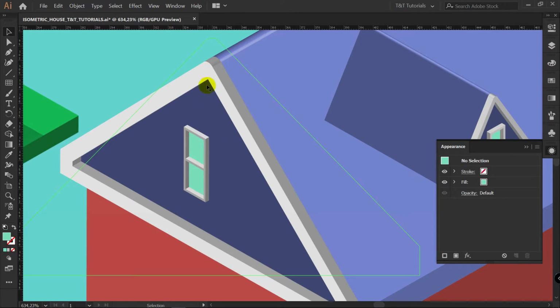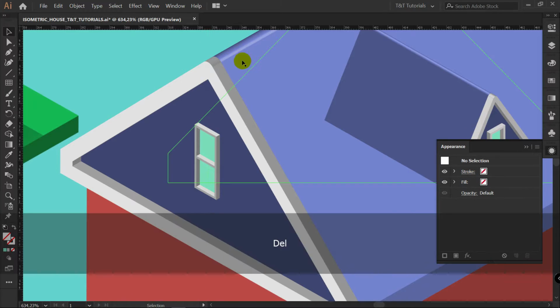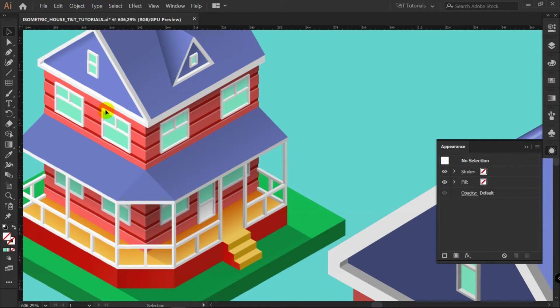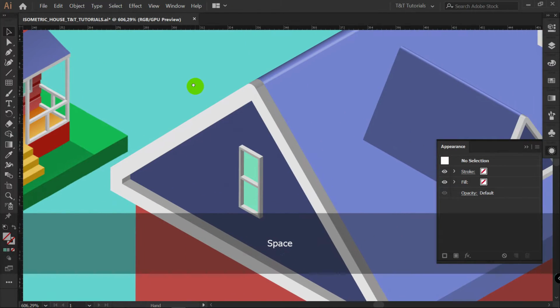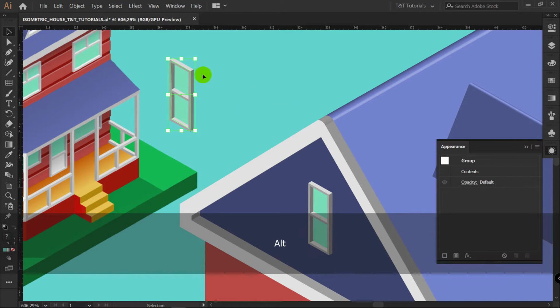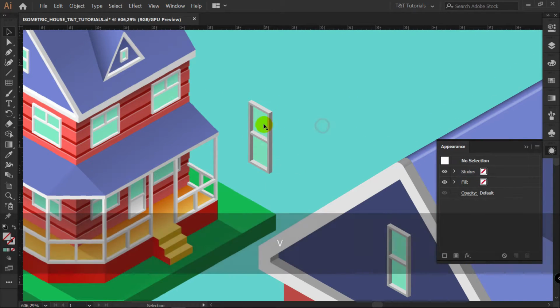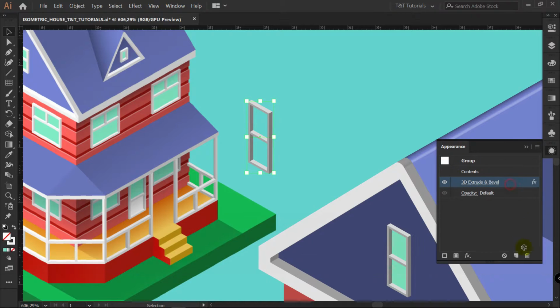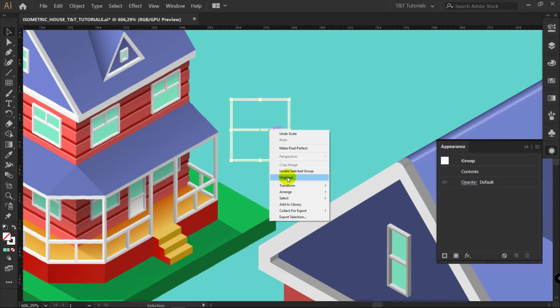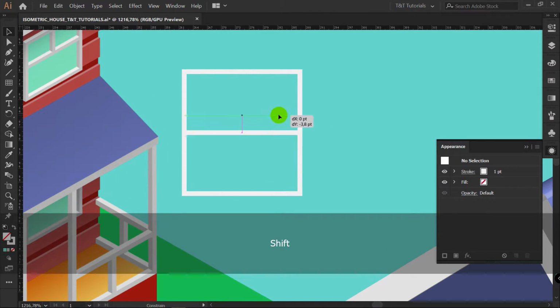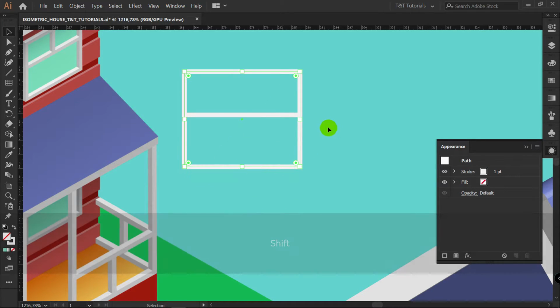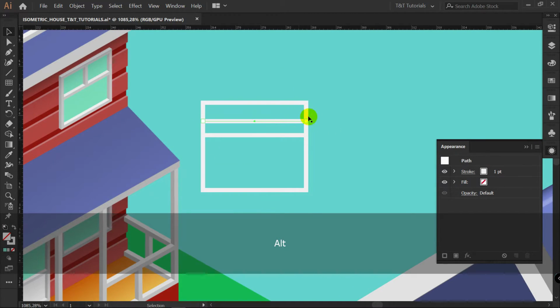I will try to quickly align these objects. Drag guide, and delete guide. There's only one window left to create, then we will simply duplicate this window. So again, we can simply duplicate this object, ungroup, delete this part, delete 3D effect, ungroup these objects, change proportions, hold Alt, duplicate this line, rotate it,